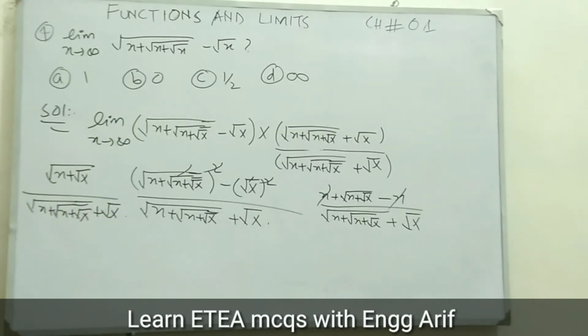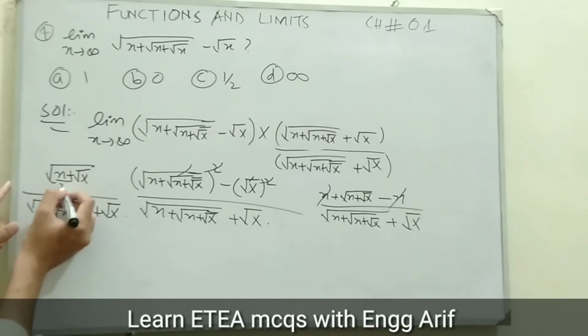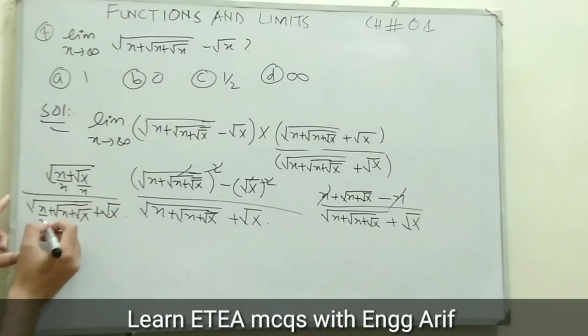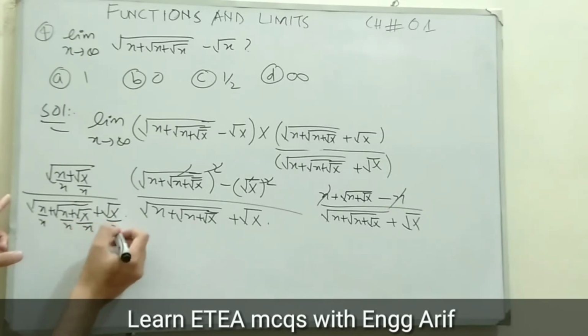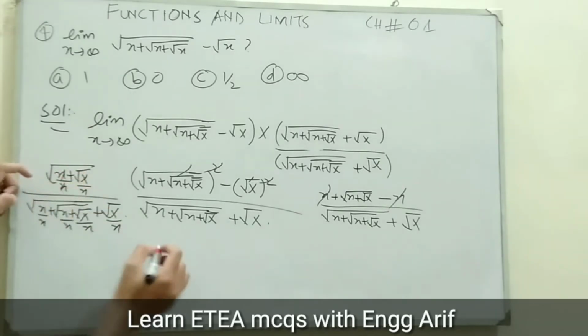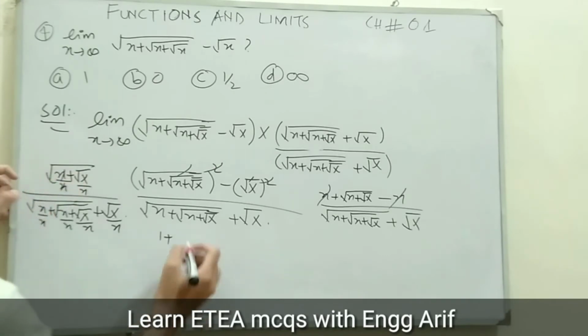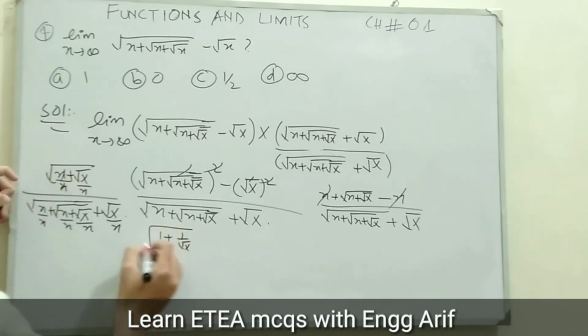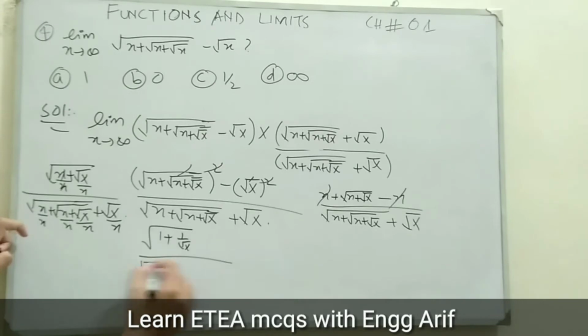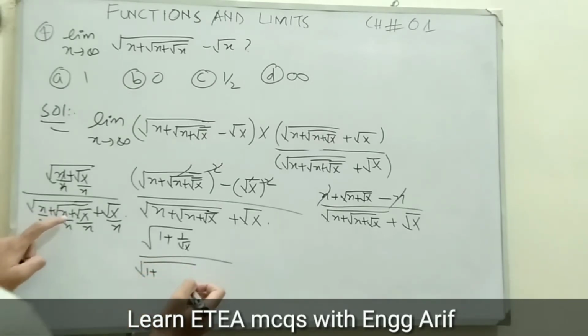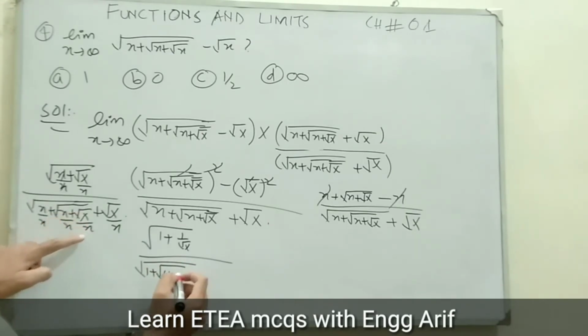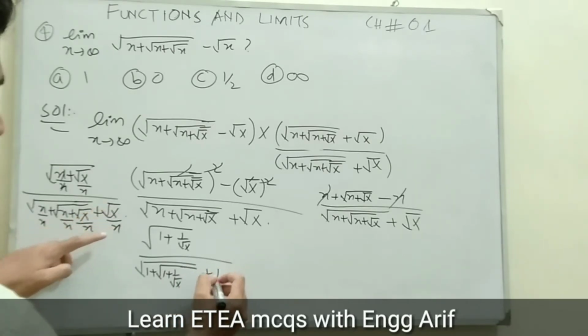Now we will multiply by 1 over x inside the radicand in both the numerator and denominator. So dividing by x in the numerator and denominator inside the radicand, we divide each and every element. So x will cancel out with x, we are left with 1 plus under root x over x, which is equal to 1 over root x, and the whole under root divided by x will cancel out with x, so we are left with just 1. And plus here, under root of x over x gives us 1 over root x, and after this, plus under root x over x gives us 1 over root x.